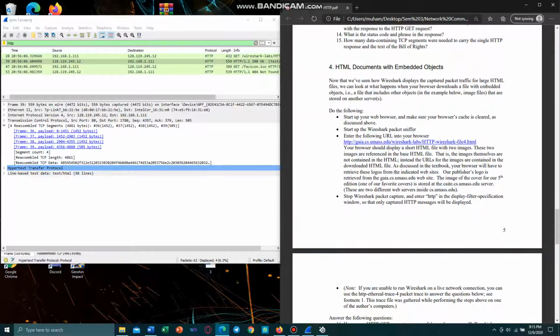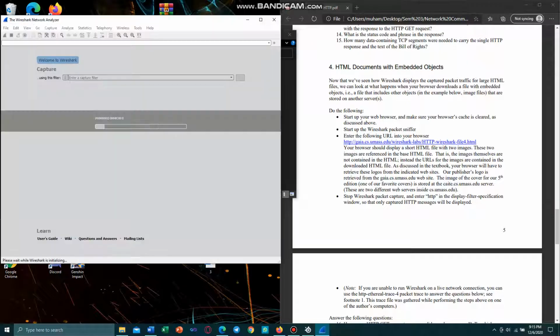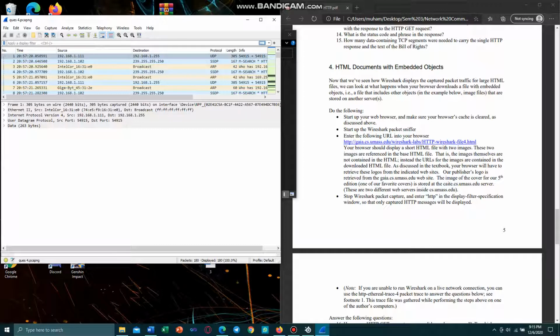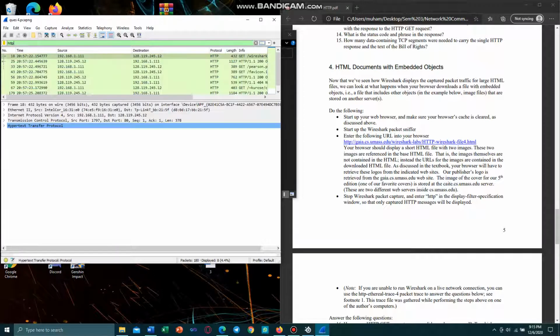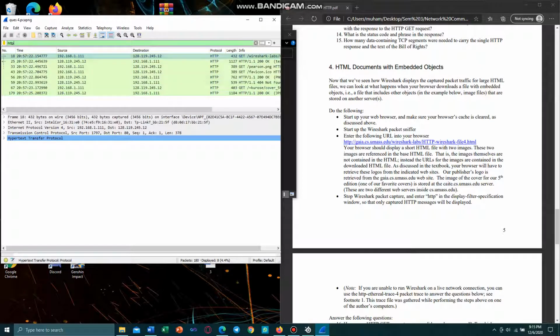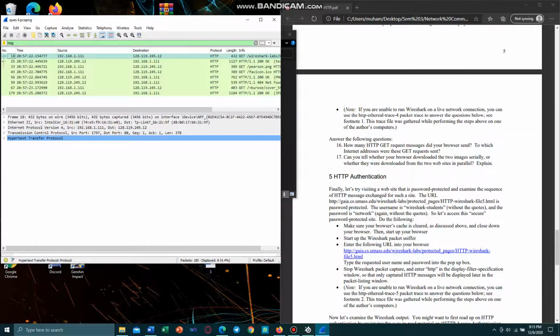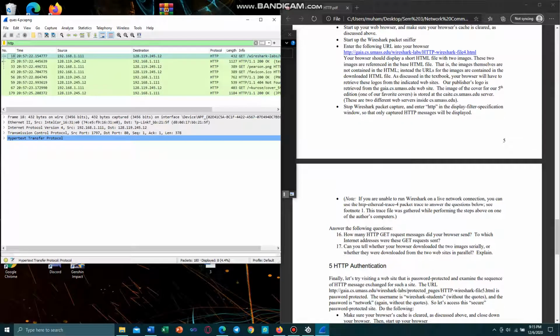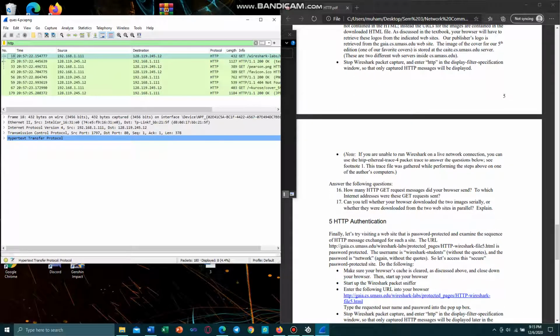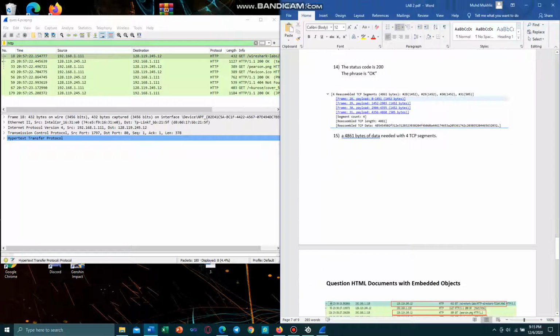Okay, now we're going to go to part 4 of the lab. This is the HTTP that I get for part 4. The question is, how many HTTP GET request messages did your browser send? To which internet address were these GET requests sent? So my answer is